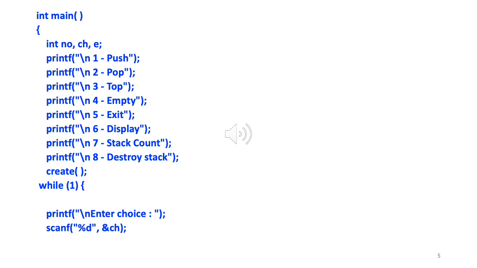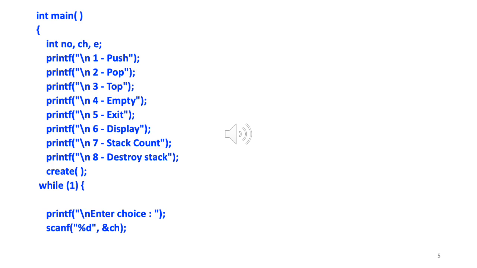It will mention 1 for push, 2 for pop, 3 for top, 4 for empty, 5 for exit, then 6 for display, 7 for stack count, 8 for destroy stack. It will print all of these so that the user knows which choice they have to enter. Eventually they'll enter a choice, and then based on that choice, that function will be called.